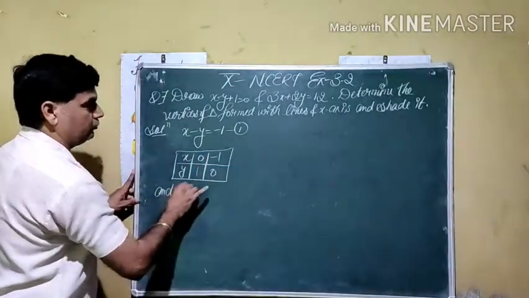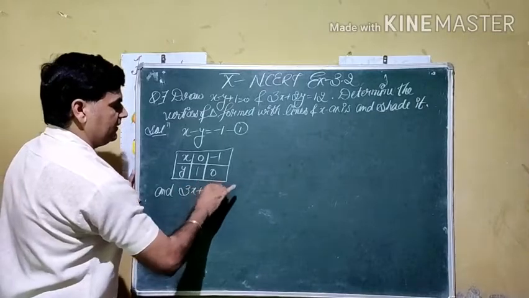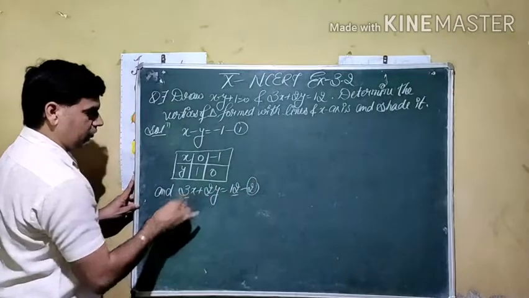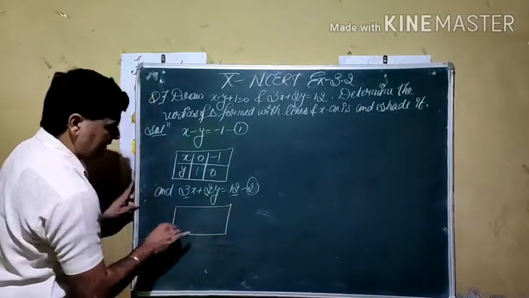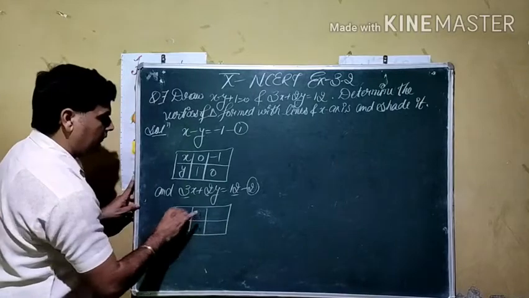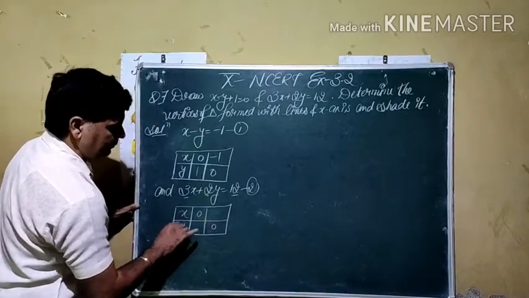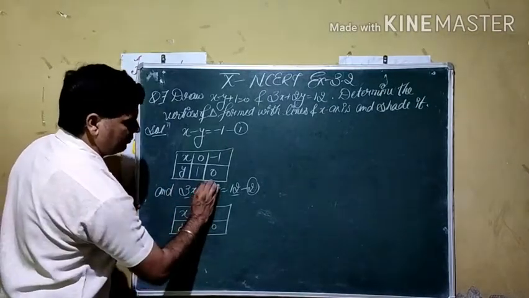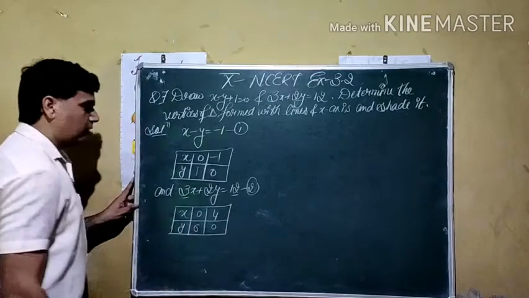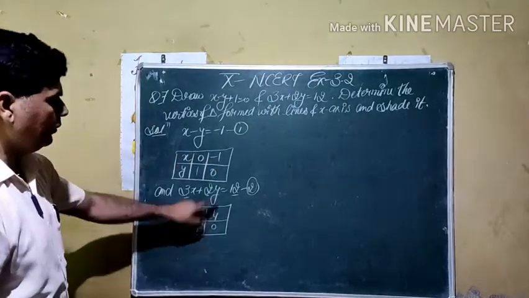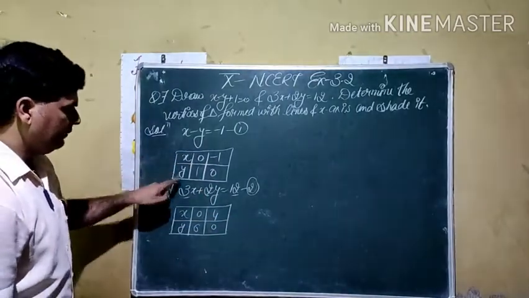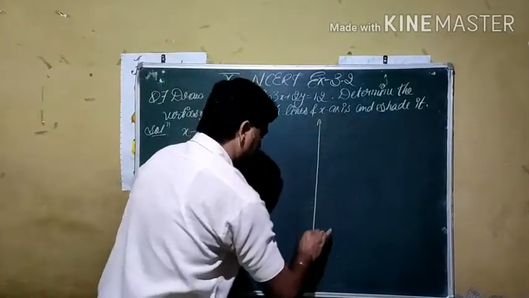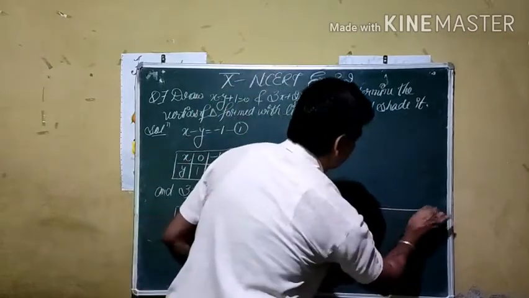For equation number 2, it is given by 3x plus 2y is equal to 12. Here the constant term is divisible by these two coefficients. When we get this situation, we use only two substitutions, one time x equal to 0, one time y equal to 0. If we put x equal to 0, this term becomes 0, y comes out 6. If we make y equal to 0, x comes out 4. The highest value of x is 4, lowest is -1, and the highest value of y is 6, lowest is 0. It means we need positive values of y and also negative values of x.